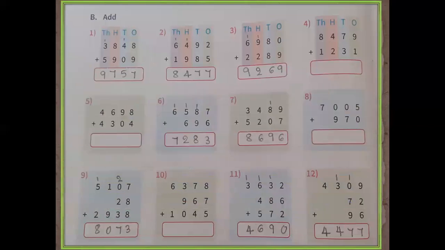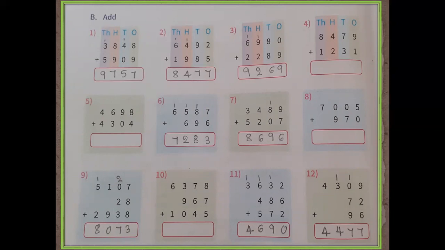Okay, next, B main, also the same, addition only. Add. Okay, first one, 3848 plus 5909, that is equals to 9757. Second one, 6492 plus 1985, that is equals to